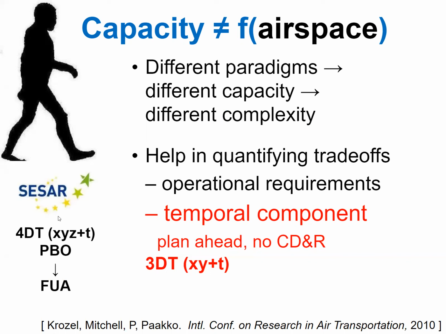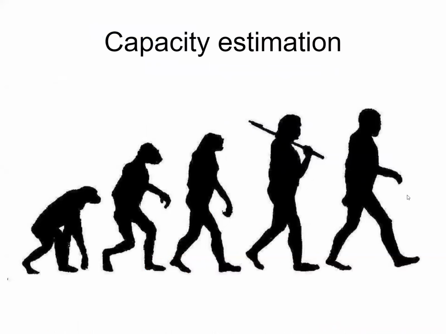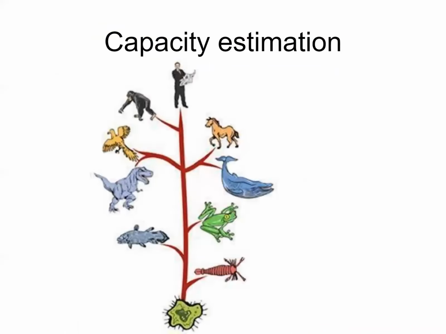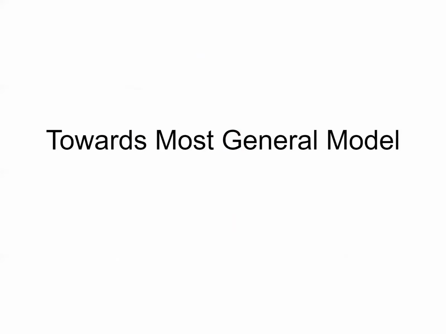Right, so, and Cesar, yes, the solution is to use, well, not one of these concrete solutions, but the general idea is to go to four-dimensional trajectory, to trajectory-based operations, to performance-based operations, and of course have the flexible use of airspace. Again, you heard about that from Eulalia. So yes, the capacity estimation evolution is maybe not a linear thing. There are quite a few branchings, and I'll just want to finish with something that could be a most general model, but this is really like I'm throwing in a few thoughts, and it's not only my thoughts,